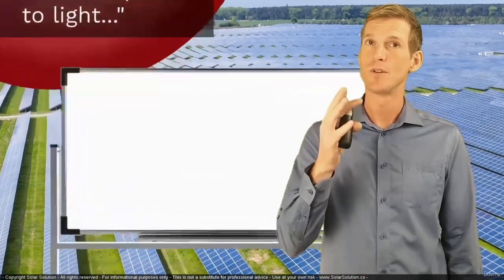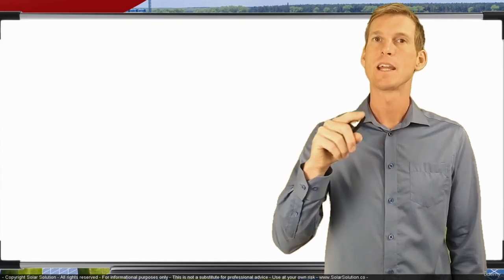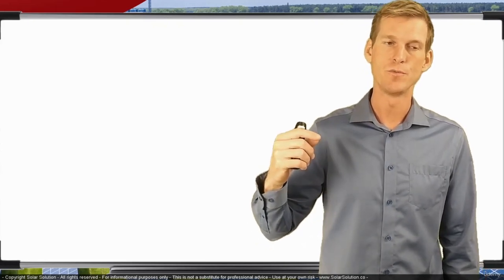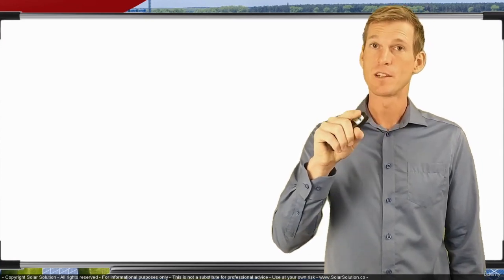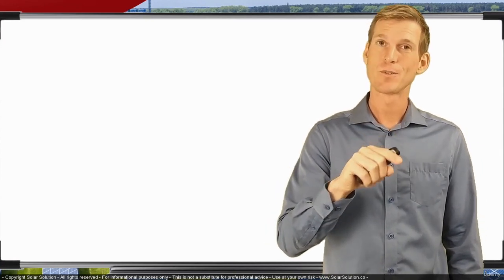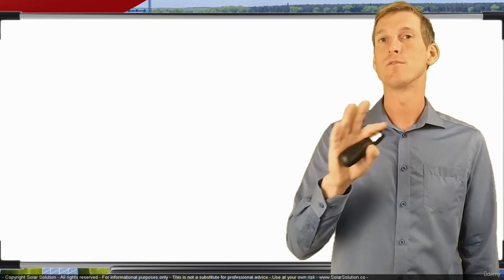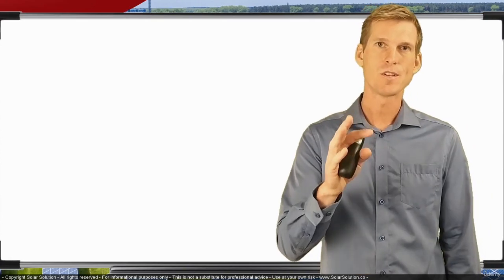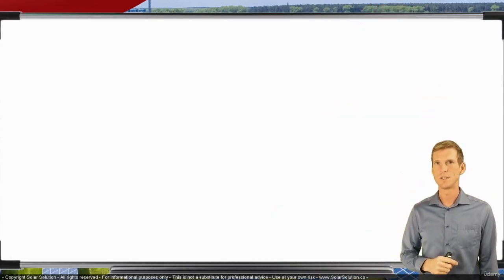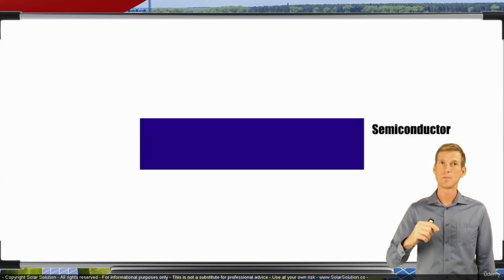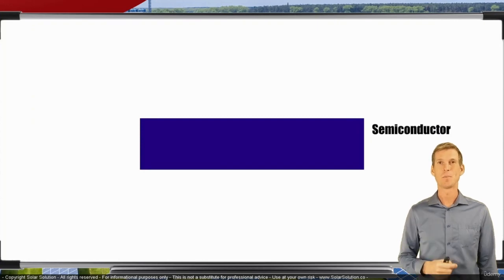And I'm using the word solar cell here because solar cells are the square or rectangular blocks that are used in order to build a solar panel. If you zoom into a solar panel, you'll see that a solar panel is actually built of a lot of identical rectangular or square materials that together form the solar panel. Now these solar cells, the building blocks of the panel, consist entirely of a semiconductor material. It's called a semiconductor because it conducts electricity, but it doesn't conduct it that well, therefore it's called a semiconductor.